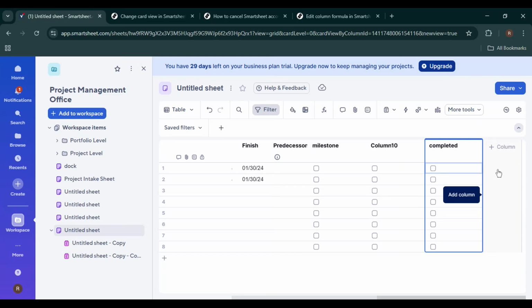In this video, I'm going to show you how to edit a column formula in Smartsheet, step by step, even if you're a complete beginner. Column formulas are incredibly powerful in Smartsheet because they automatically apply calculations across an entire column, saving you tons of manual work. By the end of this video, you'll know exactly how to access, edit, and update a column formula